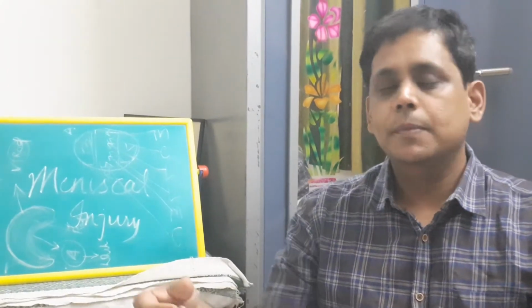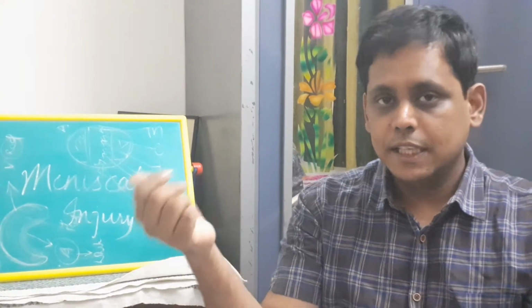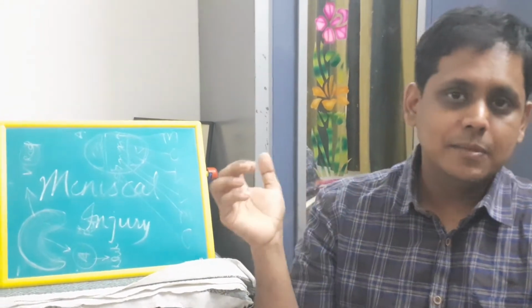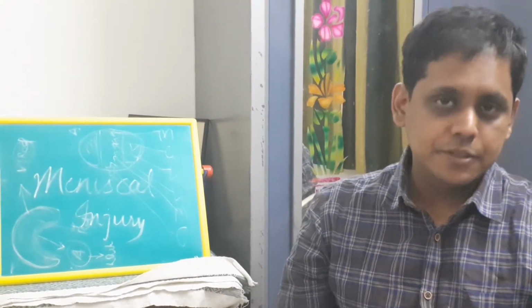Also, the popliteus is a muscle which is attached to the meniscus. So whenever the popliteus contracts, the meniscus also moves. Okay, so the lateral meniscus is not fixed, whereas the medial meniscus is fixed. So whenever there is a fixed structure, there is a high chance that it can get injured.